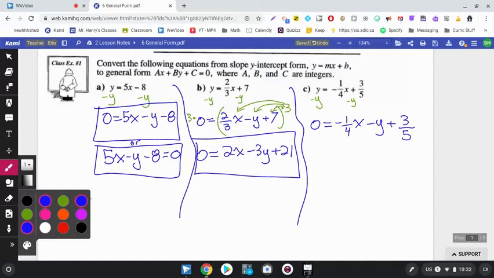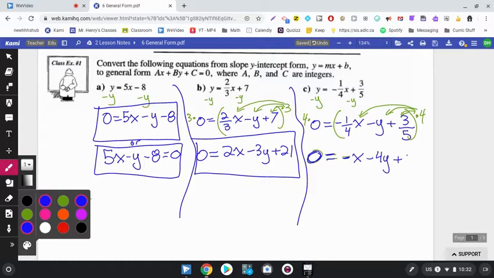I'll say, okay, let's get rid of the divide by 4, right? Let's get rid of this fraction. This one I'll deal with later, but let's get rid of this divide by 4. The opposite of divide by 4 would be to multiply by 4. And what I do to one side, I do to the other. So I'm going to end up distributing these in. 4 times 0, 0. That was easy. Negative x, or negative 1x, because I got rid of the 4, minus 4y,